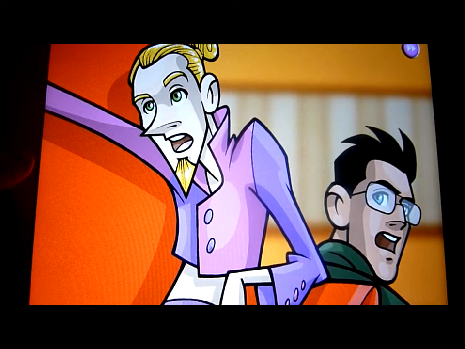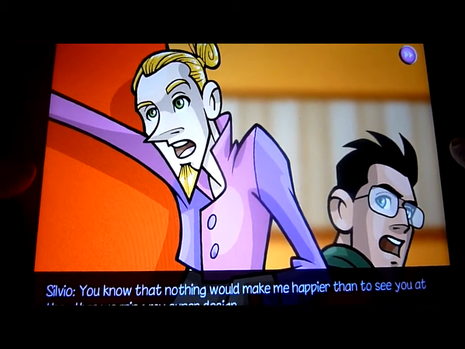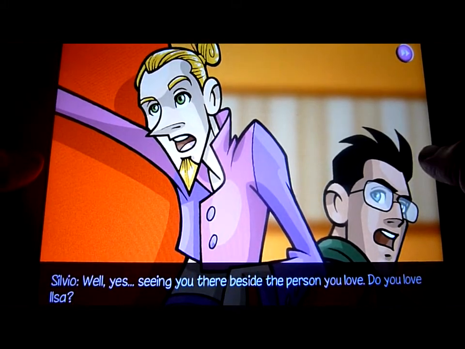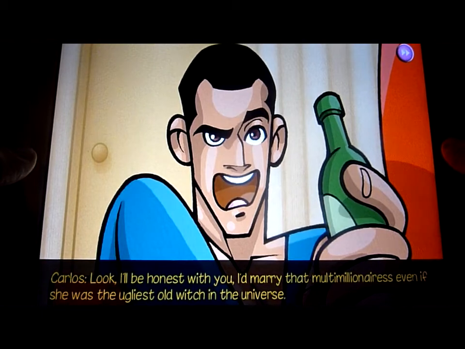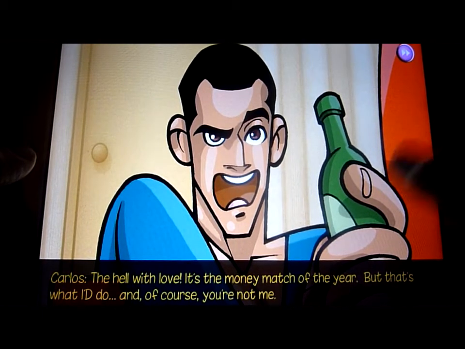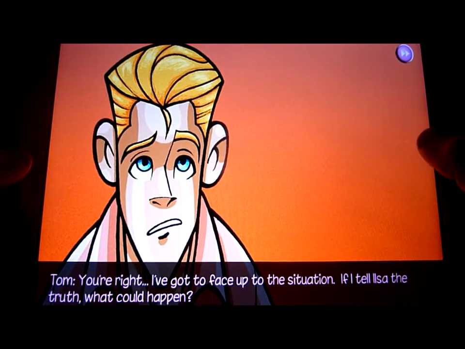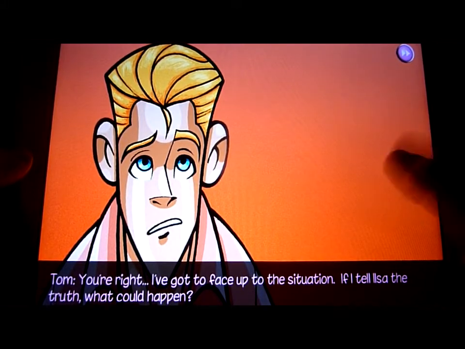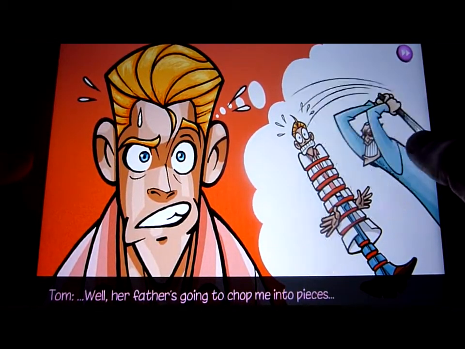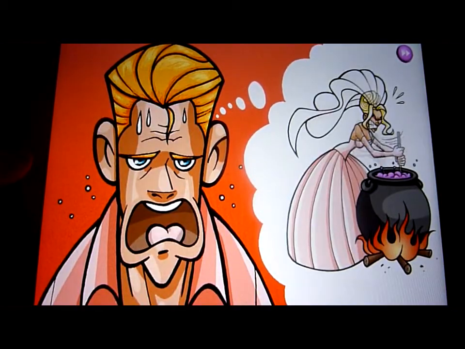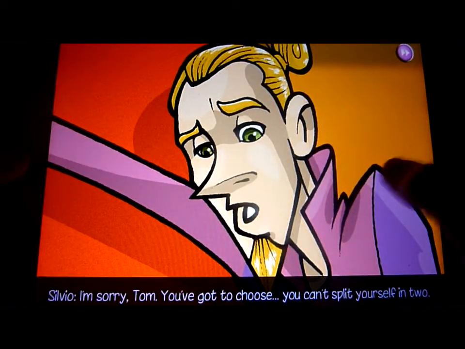But as you can see here, he's got to tell his future wife the truth about him coming out of the closet. So his friends are telling him, "Why don't you just tell her the truth?" And he's thinking about it, and then he basically comes up with some sort of idea, which I'm not going to wreck, but you can see down the bottom here, if he tells the truth, he's going to get chopped up by the father-in-law. If he doesn't tell the truth, she's going to eat him up and boil him up in a soup as an evil witch type of thing. But anyway,